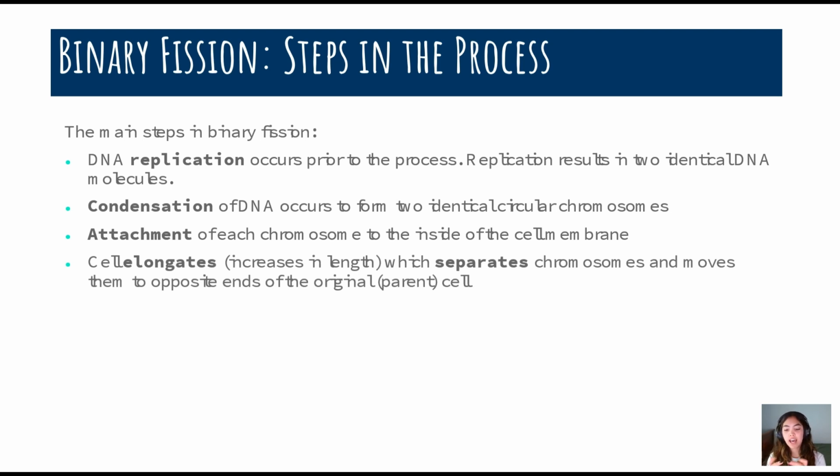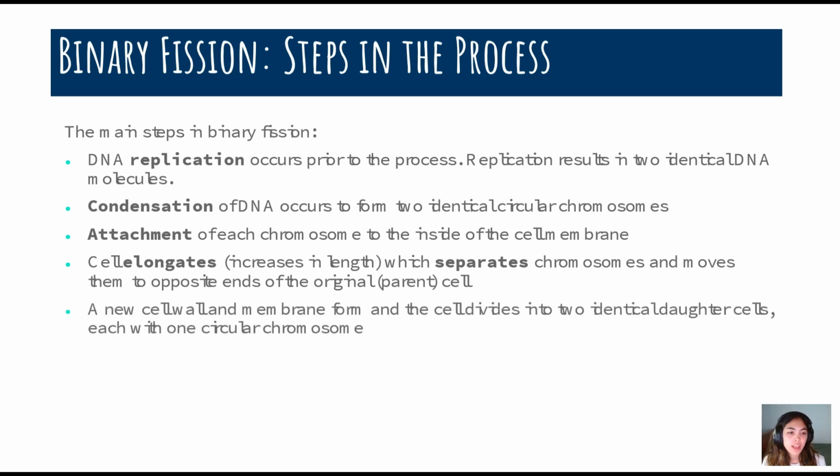And our prokaryotic cell will begin to elongate, or get a bit longer, which helps to separate the chromosomes and moves them to opposite ends of our original parent cell. So they're getting longer and separating out due to that elongation. And then a new cell wall and membrane form, and the cell divides into two identical daughter cells, each with their own bit